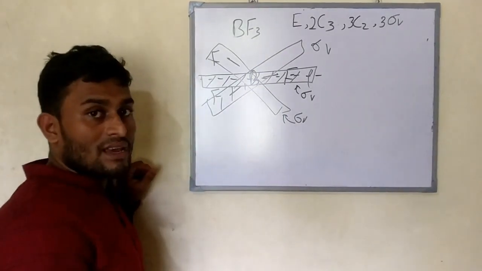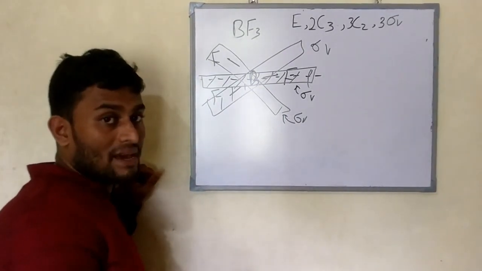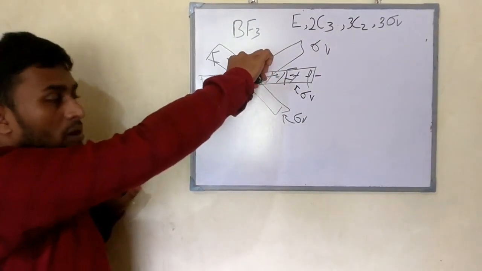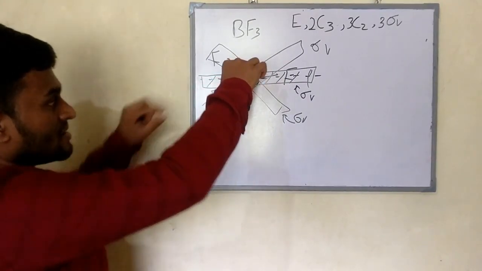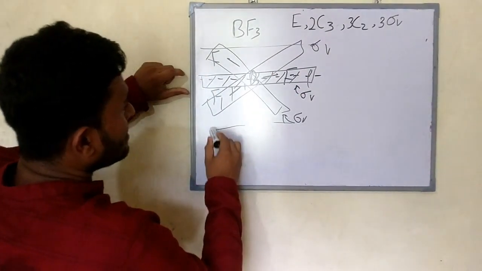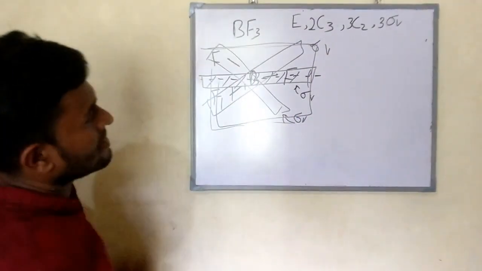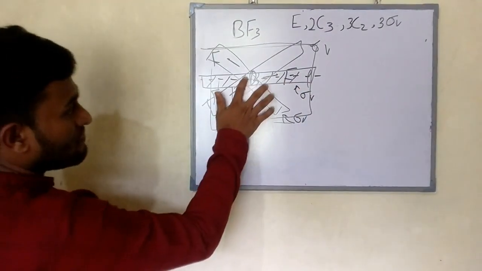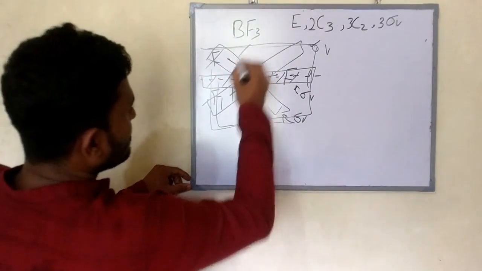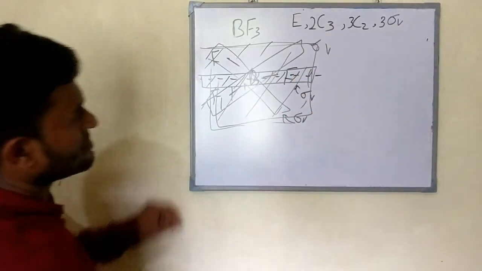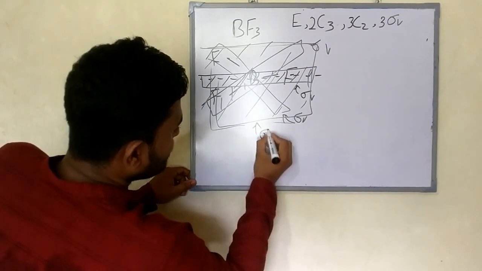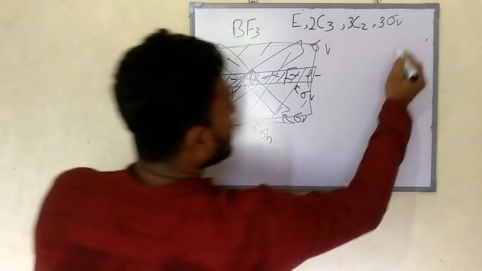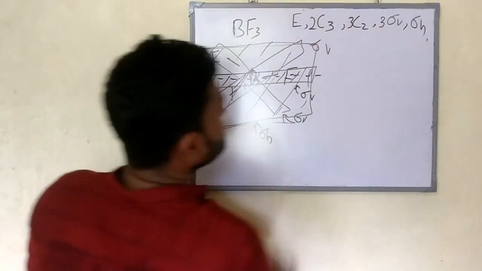And you want to see whether the horizontal plane is there or not, that is sigma H. This is your principal rotation axis, and the plane perpendicular to that axis is like this. That will cut half of these 3 F atoms and half of the boron atom. This is that plane. So this is the sigma H. So that gives 2 similar halves. So sigma H also possible.